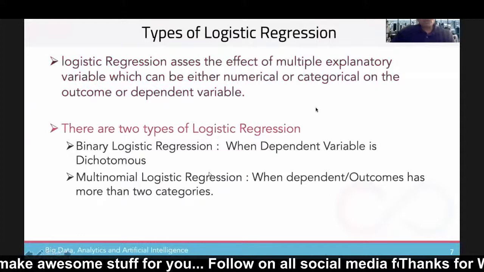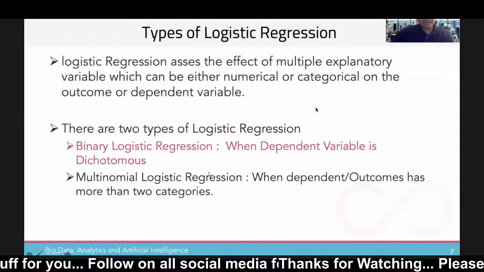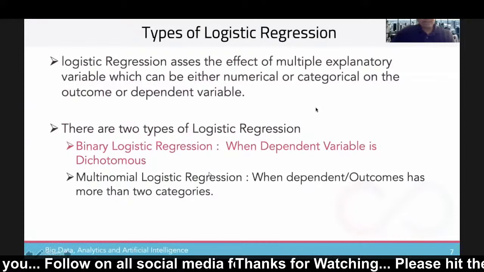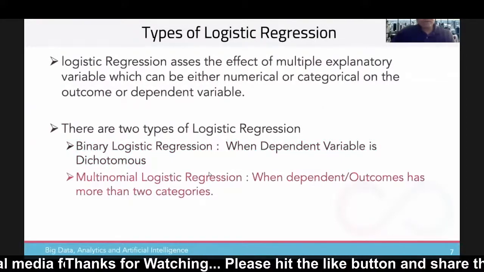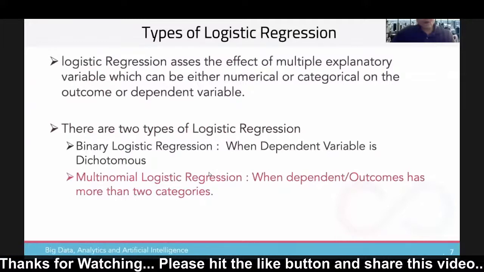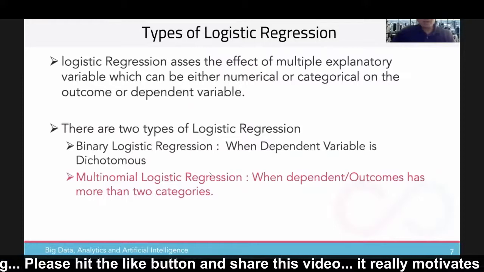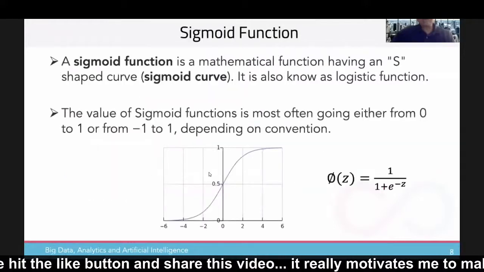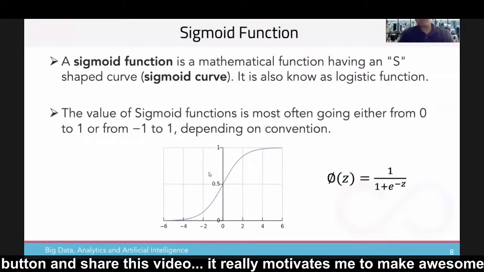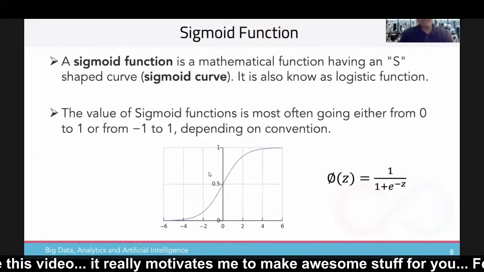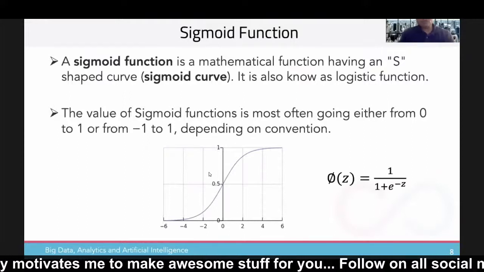There are two types of logistic regression: binary logistic regression, when the dependent variable is dichotomous, and multinomial logistic regression, where the dependent outcome has more than two categories. We are going to talk about binary and multinomial logistic regression later, and how we solve those problems. But first, I want you to understand the sigmoid function, which is an important function to understand when you are learning machine